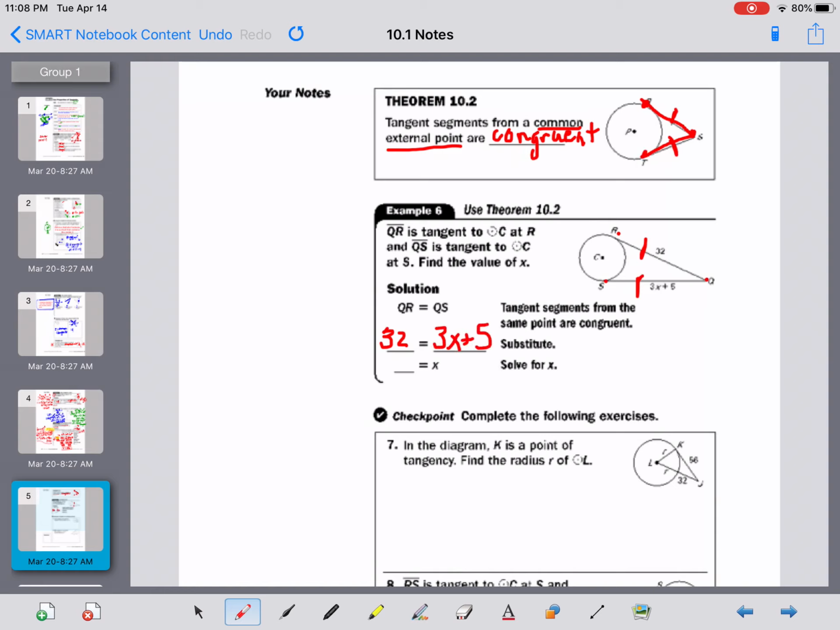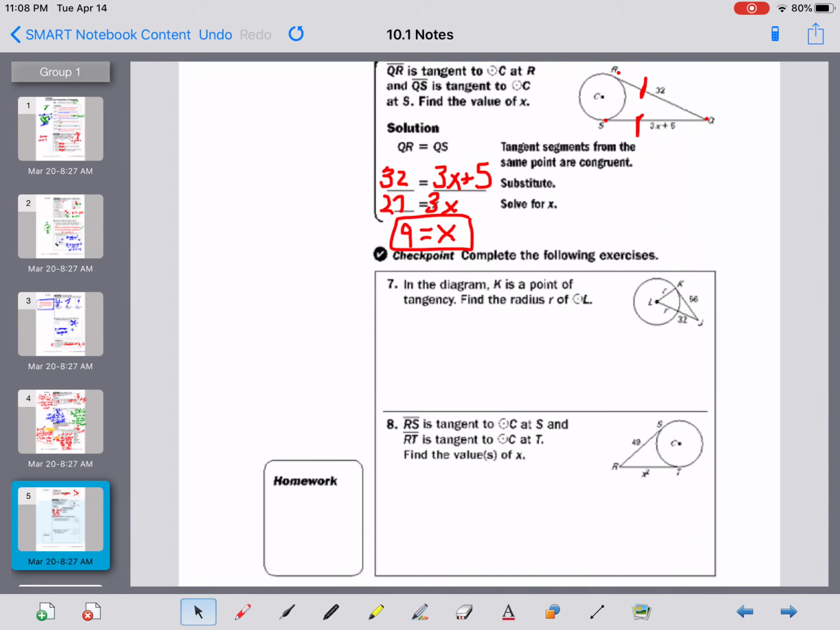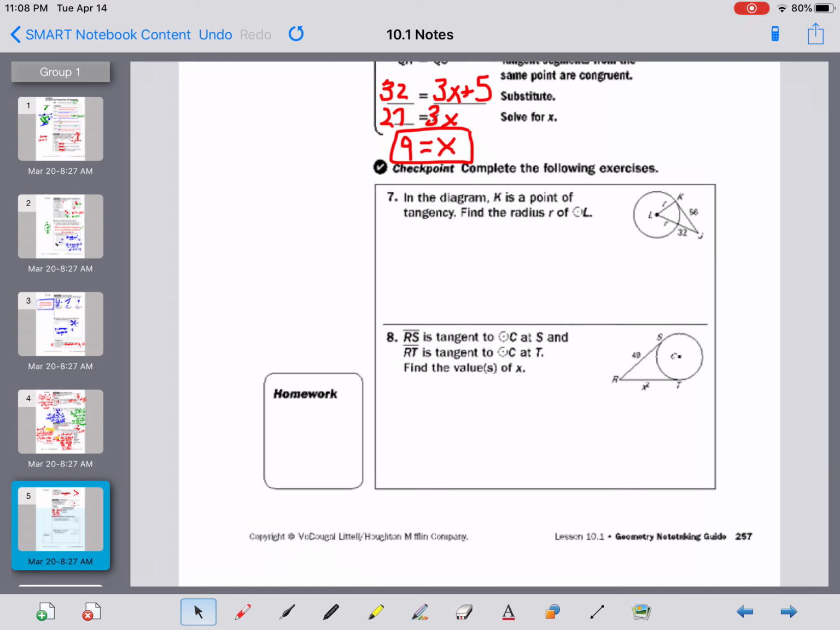I'm going to subtract 5 first and get 27 equals 3x. Divide by 3, and x equals 9. So common tangent lines or tangent segments from a common external point will be congruent. All right, moving our page up here. My next one here, number 7, looks similar to the problem we ended the last page with,